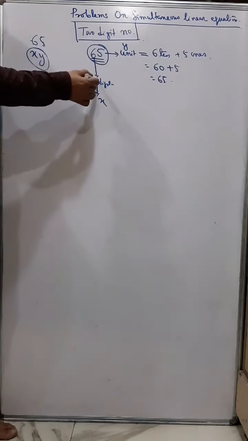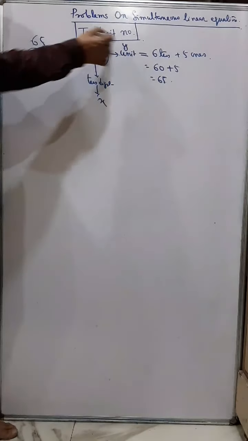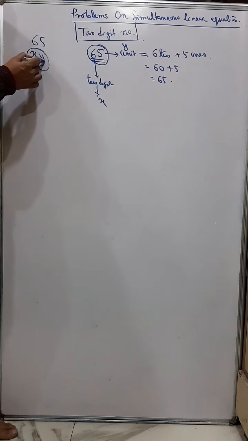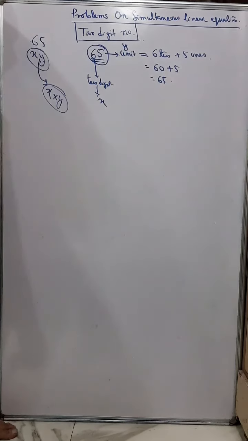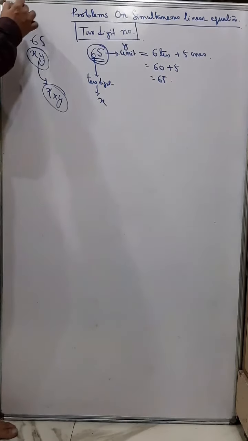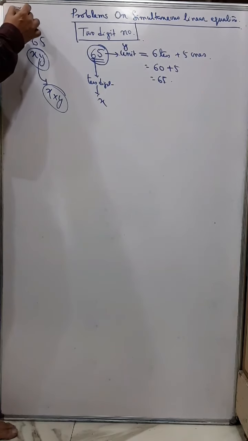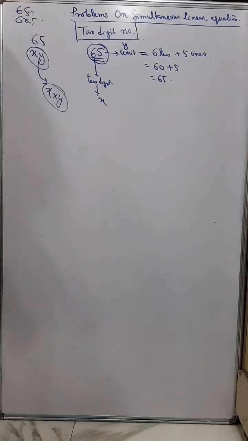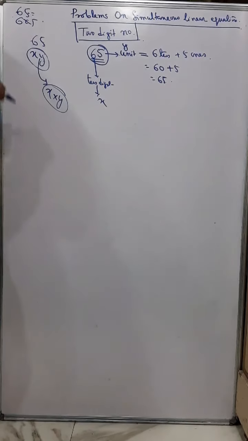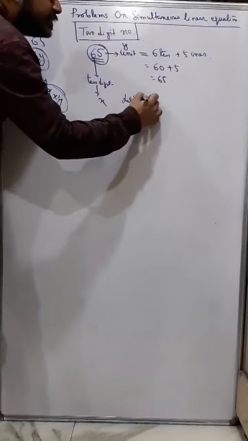So if I take tens digit as x and unit digit as y, I should not write xy, because xy actually means x into y mathematically. So don't think that 6 and 5 is just sitting like this. 6 and 5 mathematically sitting like this means you will think that it is 6 into 5. So logically it is multiply. So in that case, you know what I have to write now.